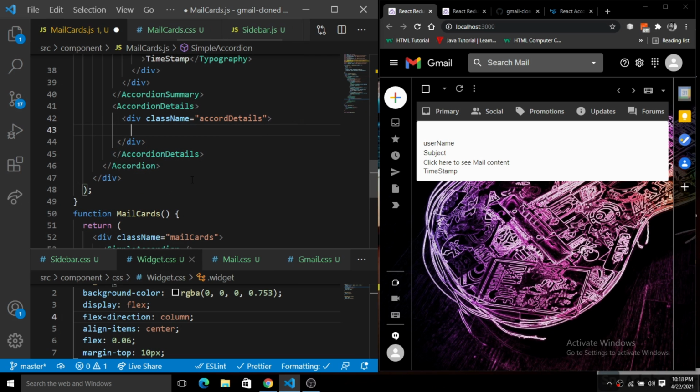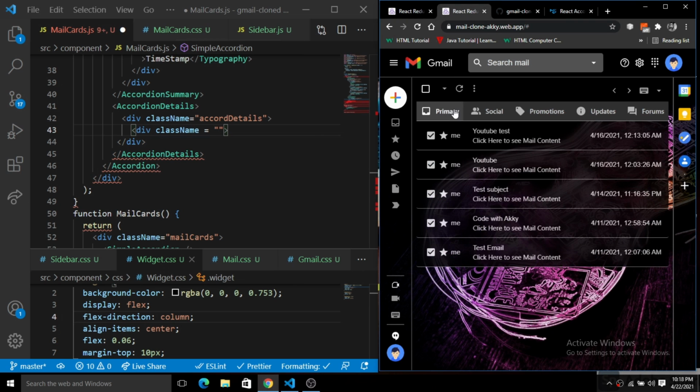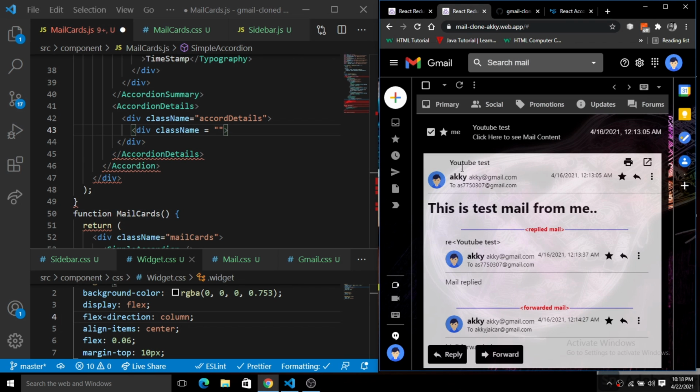And inside of this accord details, we have three things. We have, just give a class name accord details top. If you see here, when I expand this, we have this accord details top. So let's add this.